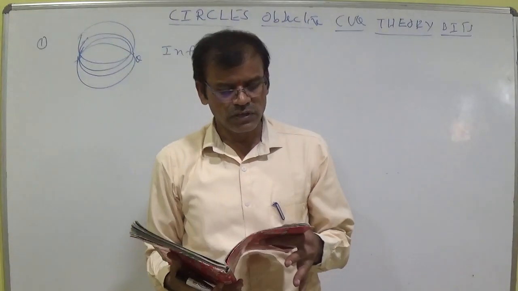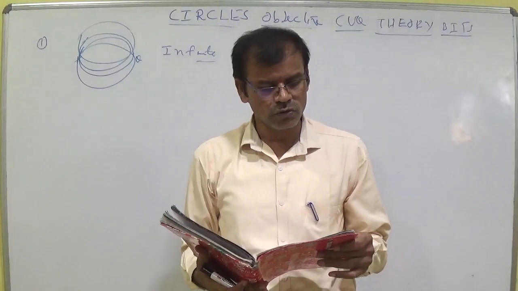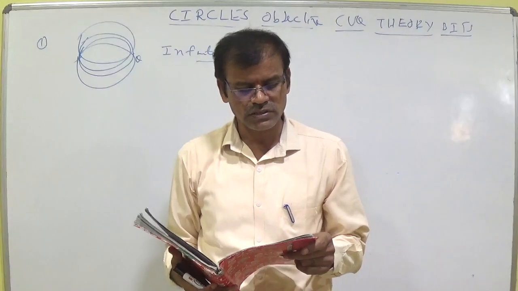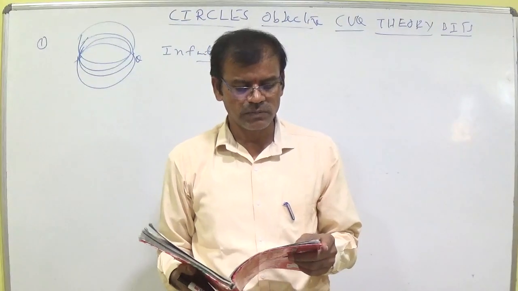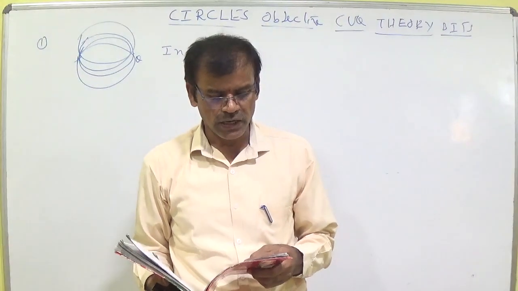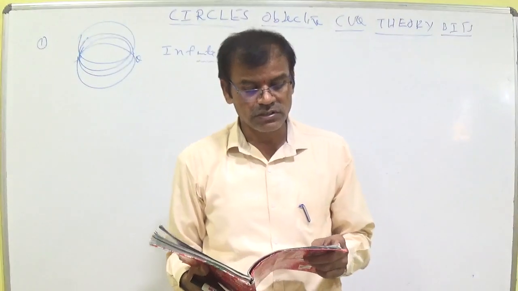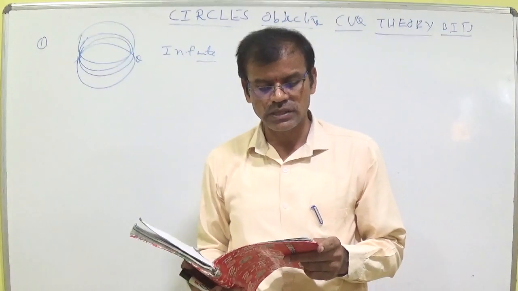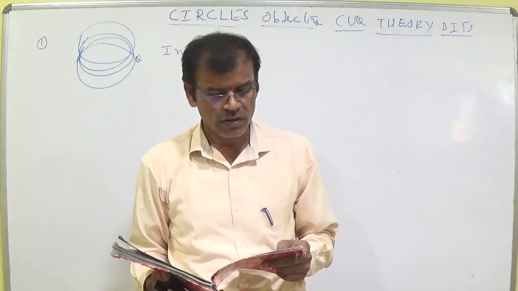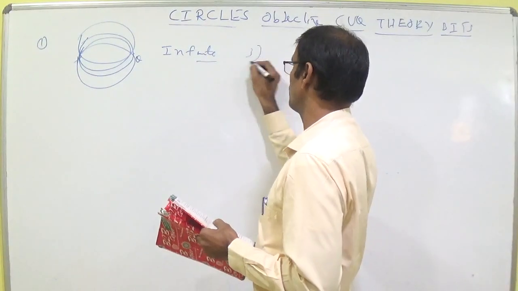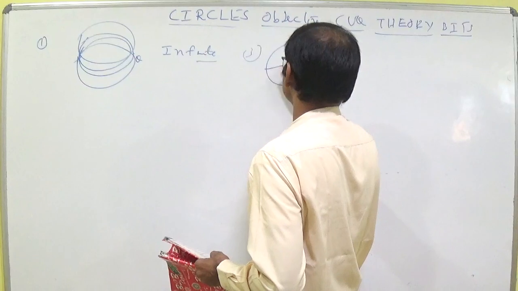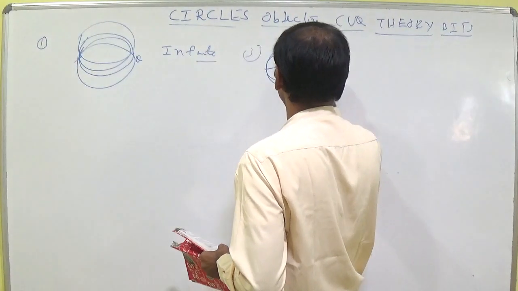Second one: if 3 lines are not concurrent and no 2 of them are parallel, the number of circles drawn touching all the 3 lines. I said the concept, 4. It forms a triangle, so second question, second option. Third question: equation of circle passing through non-collinear points A, B, C.